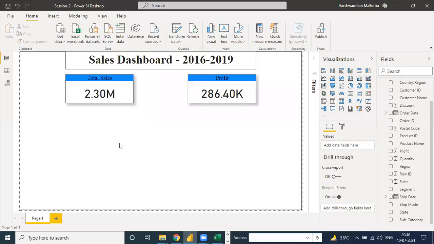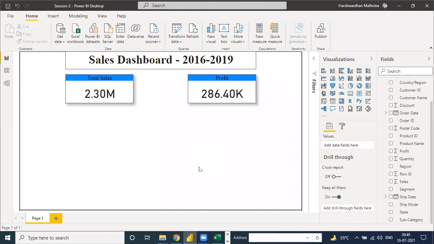So let me share my screen also. I think everybody is joining. Okay, anyone missing? No, I think everyone joined. Okay, so let me share my screen again. Yeah, you are now able to see my screen. Yes, it is visible.